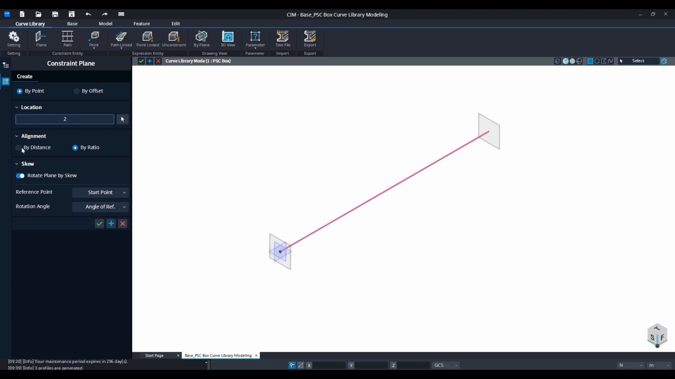So it is important to click on the by point, and then you can just click on the first location of 2 meter, and you click on the alignment by distance. So as you can see, if you click on by ratio, it is not correct because you want to have a constraint plane with a measurement of location. So as you inputted 2 meter, you have to click on the alignment of by distance, and then the reference points of a start point for 2 meter, and then the rotation angle of similar, and then you can just click apply,